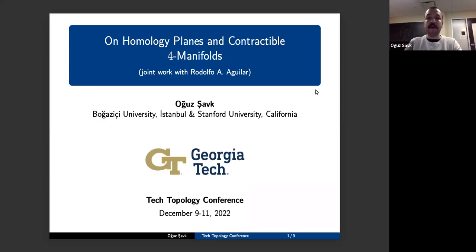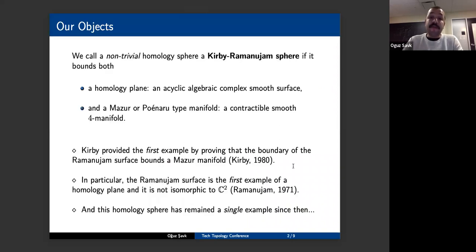Today, I'm going to talk about homology planes and contractible four-manifolds. Homology spheres are closed oriented three-manifolds having the same integral homology as the three-sphere. Here we look at specific homology spheres called Kirby-Ramanujan spheres, and they bound both homology planes and Mazur or Poincaré